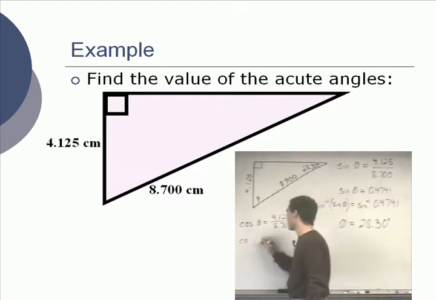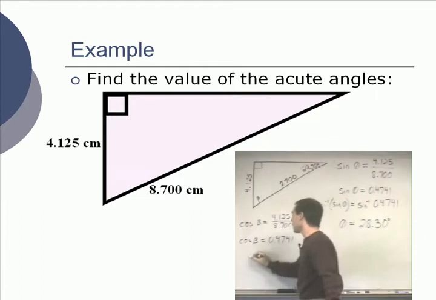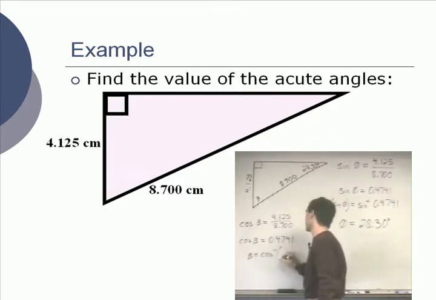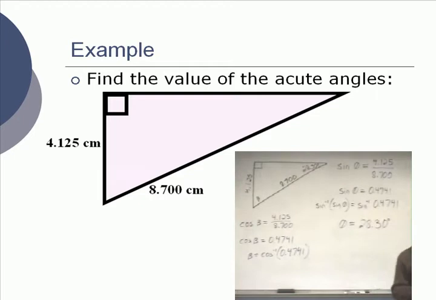Cosine of beta is 0.4741, which means beta is equal to the inverse cosine of 0.4741. Take a minute and do that on your calculator. Instead of inverse sine, let's find the inverse cosine. And you better get,